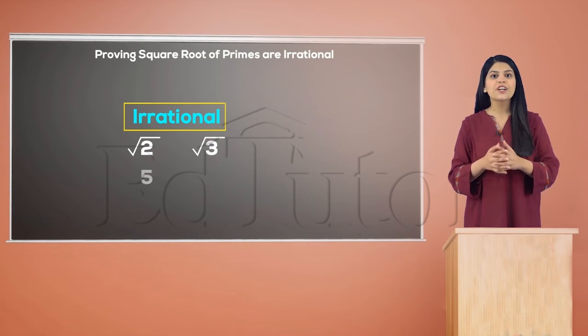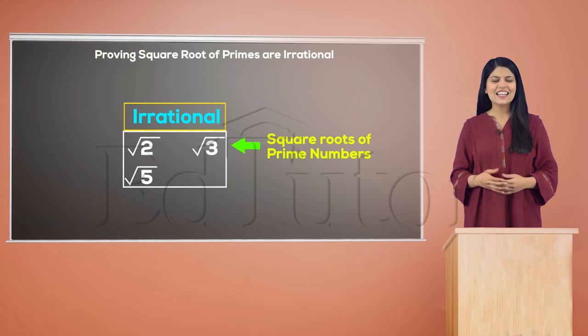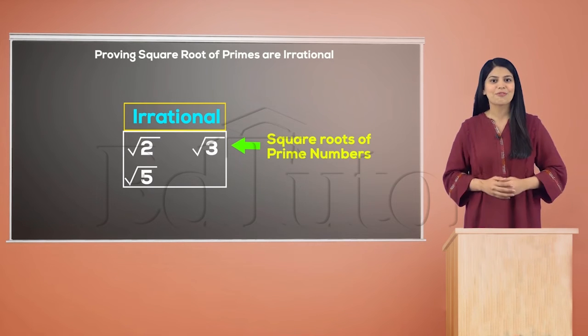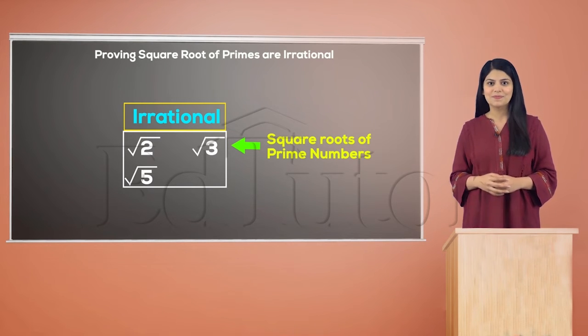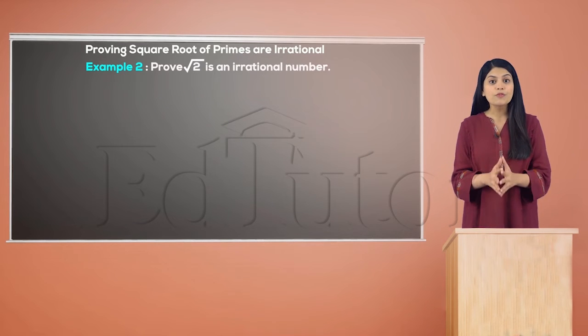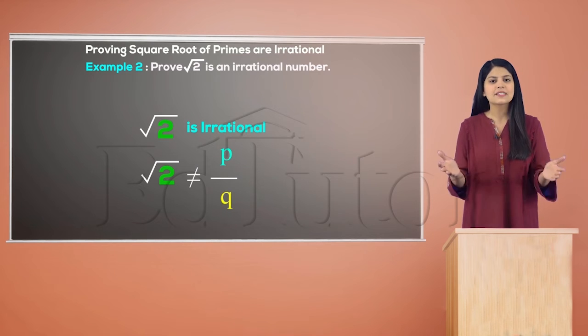Similarly, we can prove irrational numbers too, like the square roots of prime numbers. This won't be simple, but as you're becoming a mathematician yourself, it should not be a problem. Let's check it out. So, we need to prove that root 2 is irrational and hence can't be represented as